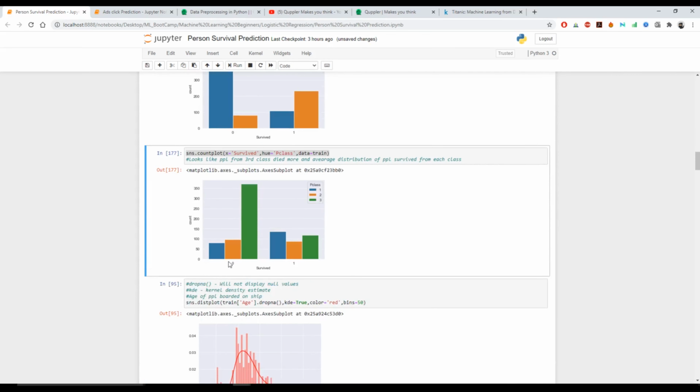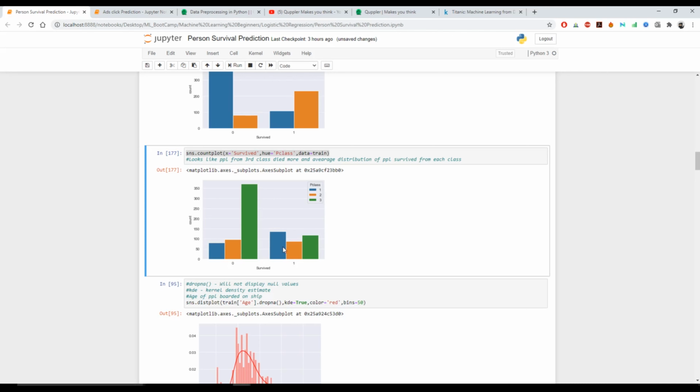As I told you, we have three different types of classes, Pclass, either 1, 2, or 3. As you can see, there were basically three classes, class 1, class 2, class 3, in the ship. In the Titanic, for that particular ship, most of the people who died were from class 3.